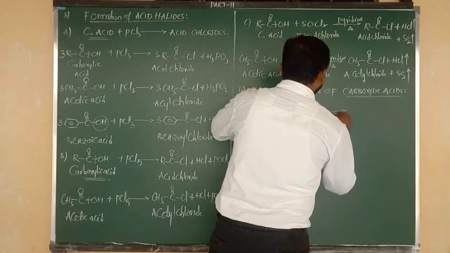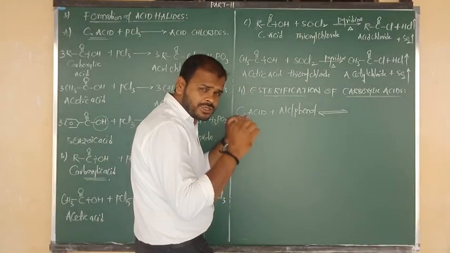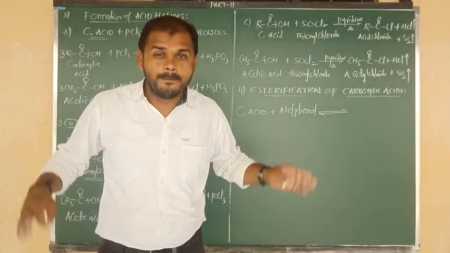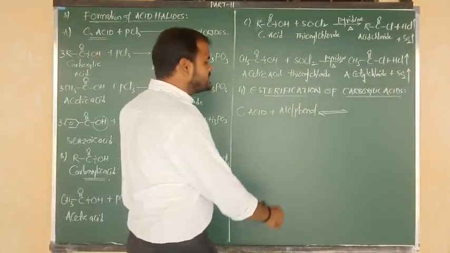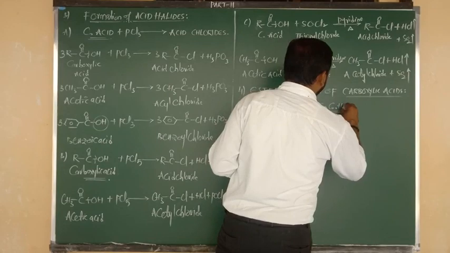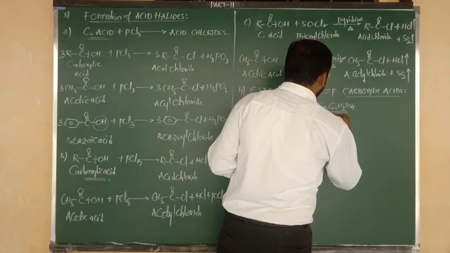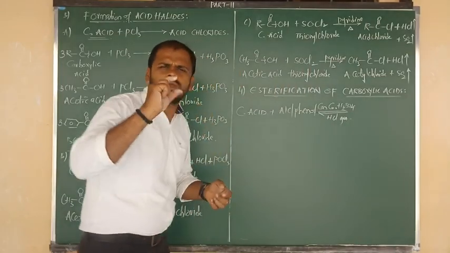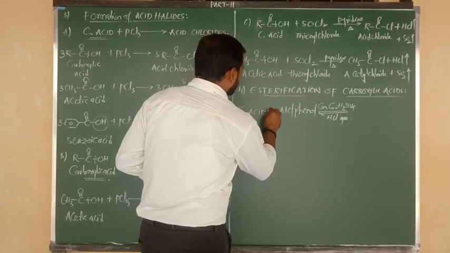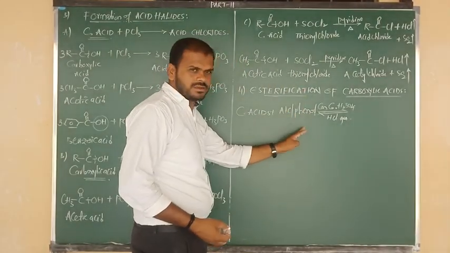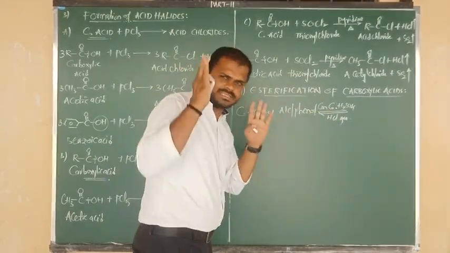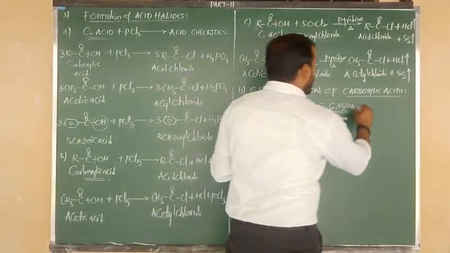and this reaction always takes place in a reversible manner, and we must apply one condition: esterification always takes place in presence of mineral acids like concentrated H2SO4, concentrated what, Nana? H2SO4, and also we can consider HCl gas. All of you can simply denote H plus, no problem. So carboxylic acids on reaction with alcohols or phenols in presence of concentrated H2SO4 or HCl gas as a catalyst, now here we are going to get the product.